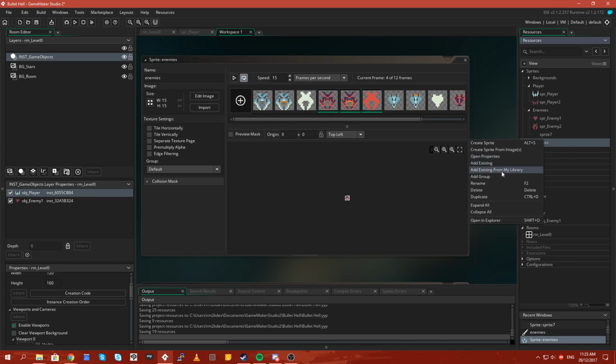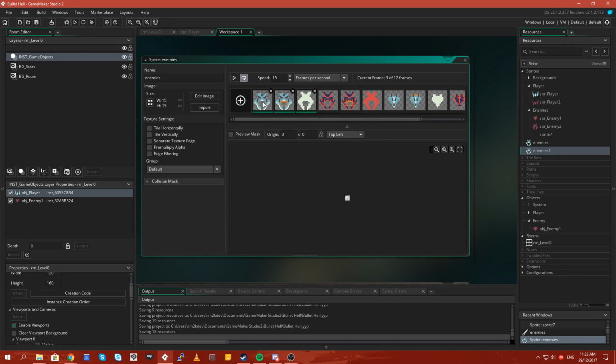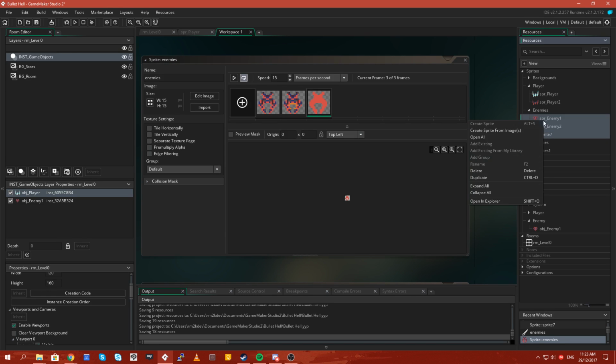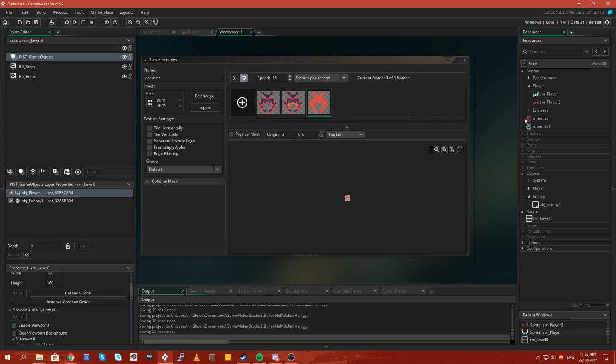Alright, let's just be cheap. Let's just duplicate this and do this the dodgy way. Delete everything except for the frame that we want. There we go. Let's get rid of all of these. Let's put this up here and we'll rename it SPR enemy 1, and then we'll do the same thing for this guy.